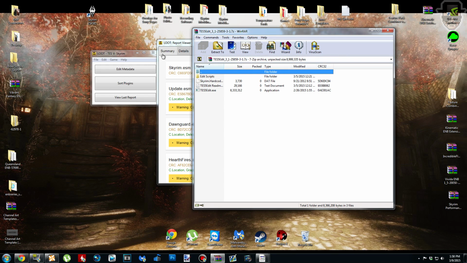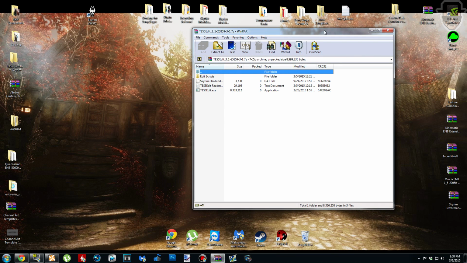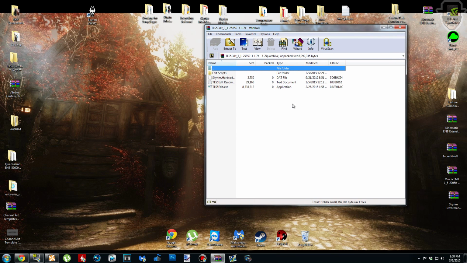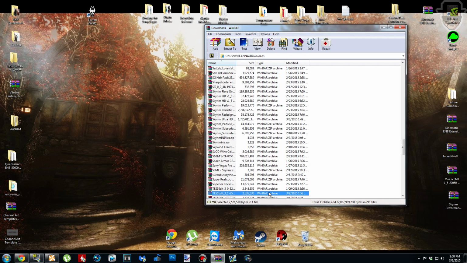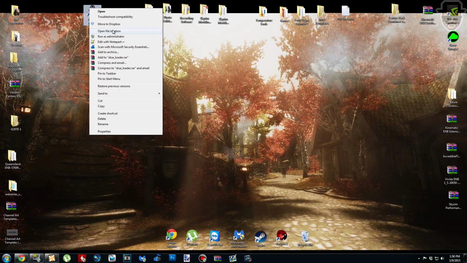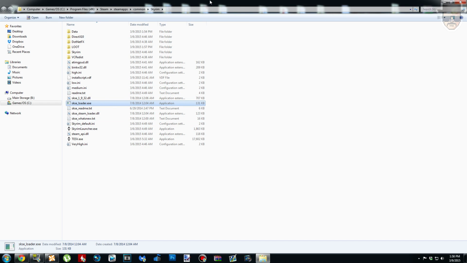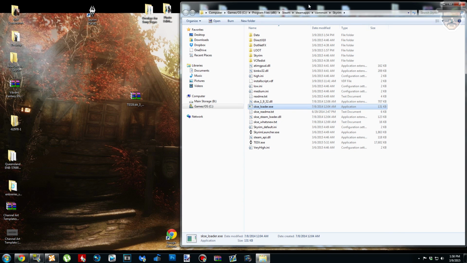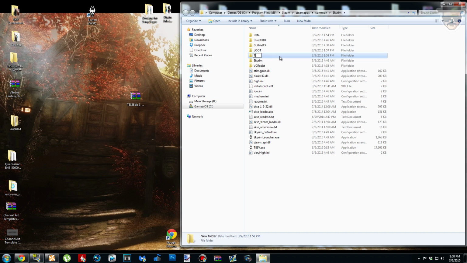You're going to get an archive pop-up like this more than likely, and you can hit backspace and drag and drop the archive onto your desktop. And we're going to go back to our Skyrim folder, the one where we just installed LOOT. We can right click it and click Open file location. And what I'm going to do now is create a folder, and I'm going to call it